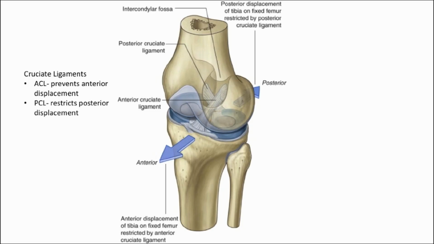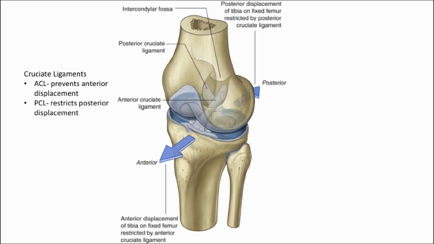Not the femur, the tibia. So the anterior cruciate attaches to the anterior part of the tibia. The posterior attaches to the posterior aspect of the tibia and ascends anteriorly to attach to the medial wall of the intercondylar fossa of the femur. Okay, so the anterior cruciate crosses lateral to the posterior cruciate ligament as they pass through the intercondylar region, and the